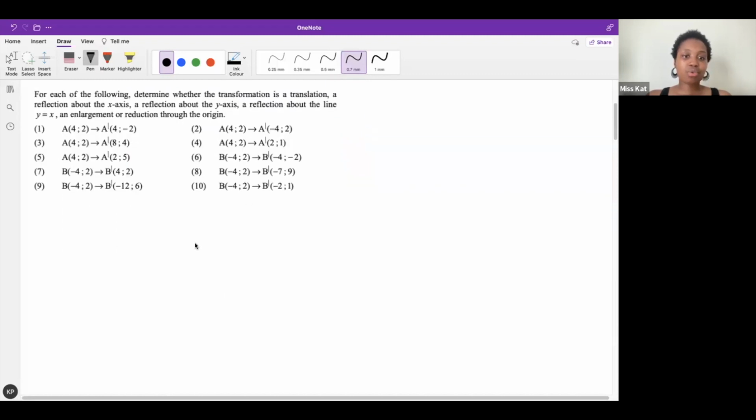Okay, we're gonna start off by revising transformations. I want to see if you guys can remember the different types of transformation. So in these rules, it can either be a translation